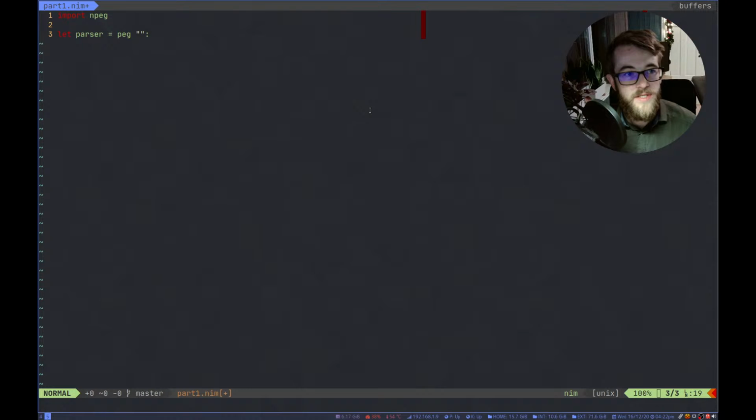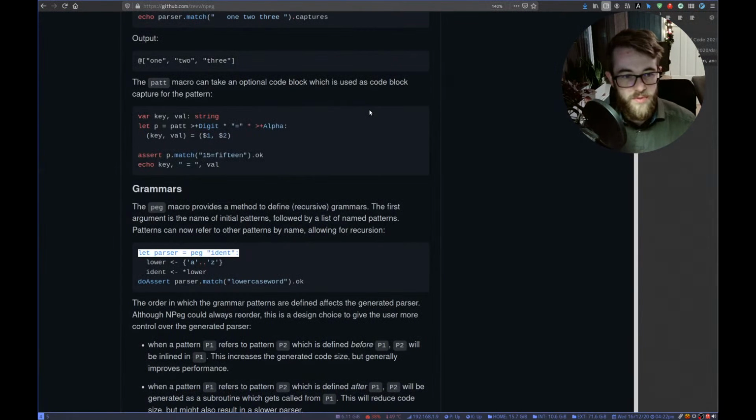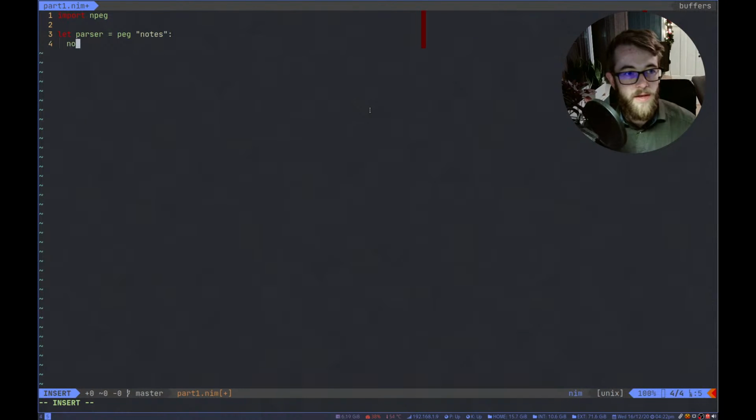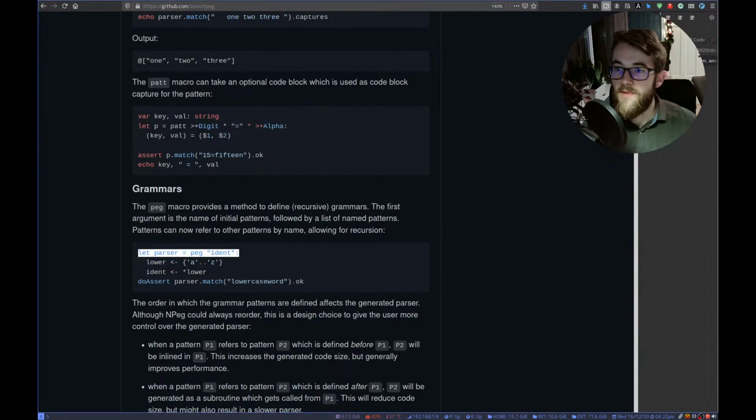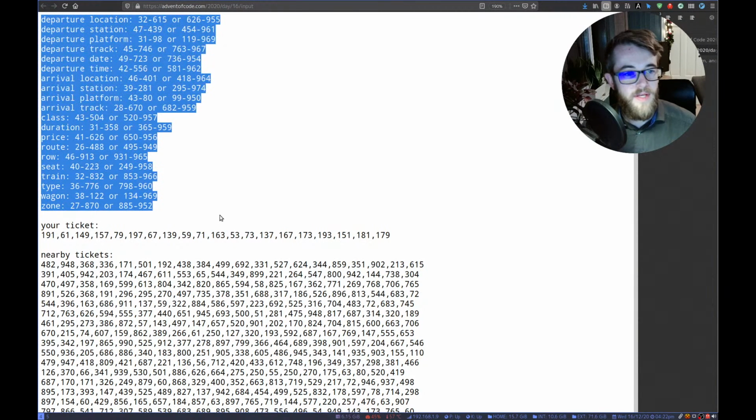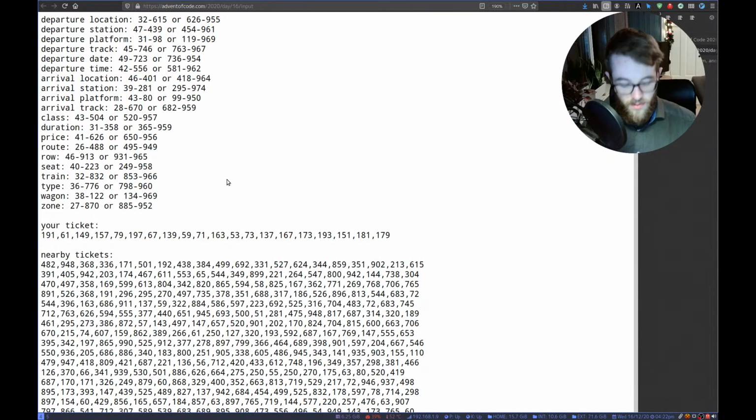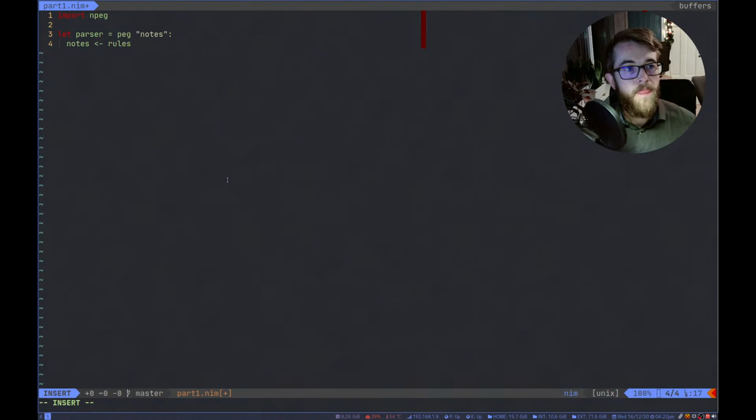So we are just gonna say, what's our root parsing rule gonna be? I'm just gonna say notes, and notes starts with, oh, other way around. So let's have a look at this. Notes starts with these rules. So we're just gonna say rules. We are going to store our rules as a sequence, or actually as a tuple of a name, string, and